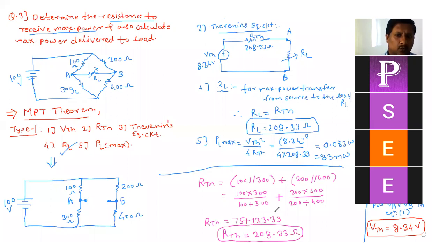Next part is easy. Once you get VTH and RTH, this simple calculation any student can do. Okay. Maximum power transfer theorem चा part जो आहे तो सोपा आहे. फक्त challenging आहे Thevenin's part. Thevenin's part if you are doing correctly, then you can get the next part also correct. So concentrate on Thevenin's theorem. That's why I told Thevenin's theorem is the base for understanding Thevenin's itself, Norton's, and then maximum power. Superposition is totally different.